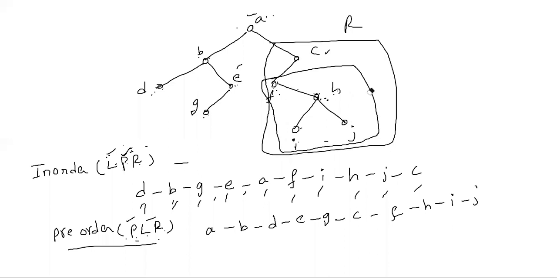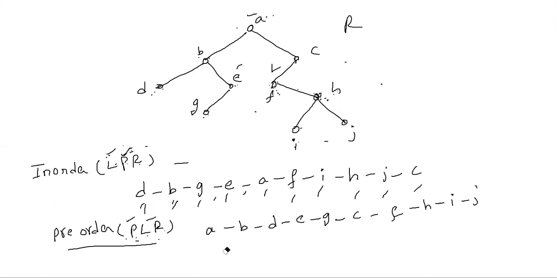Okay. So now H subtree completed. H completed. F is also completed. Left nothing will be there. Right completed. Come to C. C left also completed, F, G all. Is there anything on C's right side? No. C is the parent. L completed. Right side nothing will be there. So now check whether all are completed or not. 1, 2, 3, 4, 5, 6, 7, 8, 9, 10, all completed.